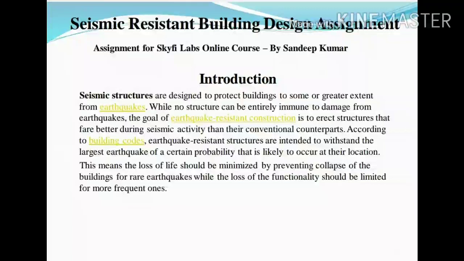According to building codes, earthquake resistant structures are intended to withstand a large earthquake with a positive chance of occurring at their location.